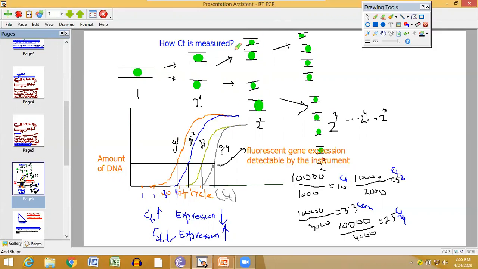So you see the amount of fluorescent signal per cycle is increasing. The total amount of signal comes from the total amount of dyes incorporated in the DNA. Because only when the fluorescent dyes are incorporated in DNA do they fluoresce. Otherwise, when they are free, they do not give fluorescence. So fluorescence comes from these entrapped dyes within the DNA helix.